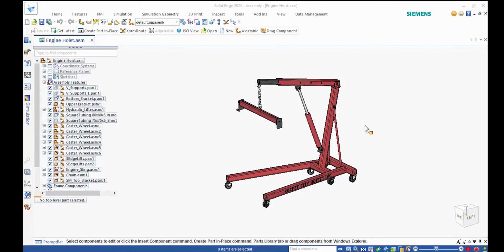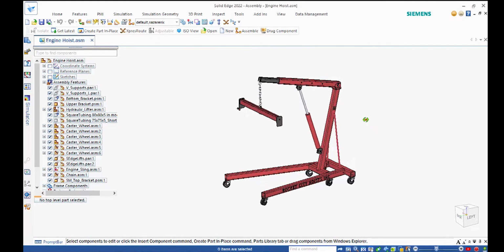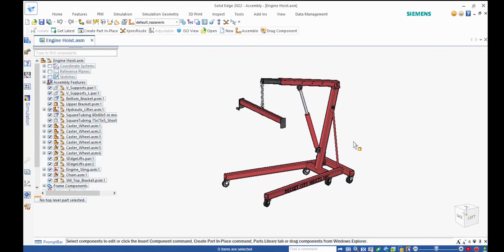Let's take a look at analysis where frame structures are involved. Solid Edge provides a really accurate and very fast solution utilizing beam type of mesh. So we're going to be analyzing this engine hoist assembly, which supports 2.5 tons. As you can see on the screen, we have many elements here, and the whole thing was designed pretty much